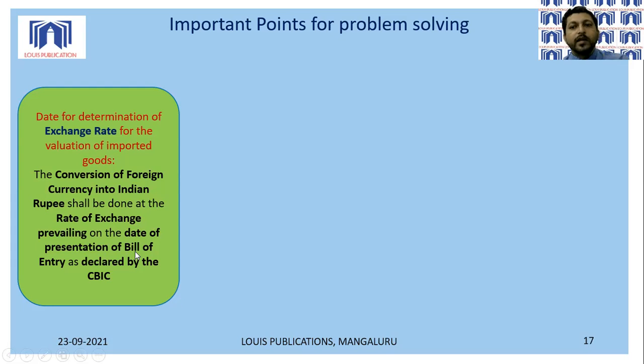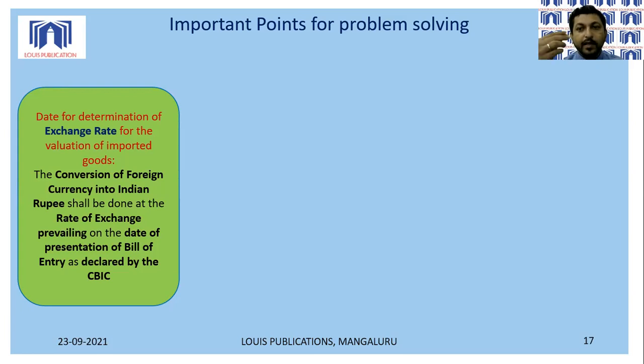So when the importer is presenting the bill of entry, you know what is bill of entry? Bill of entry is a document entitled to the imported goods. Exporter will send a bill of entry to the importer. Once the goods reach the importer's port, this document, bill of entry, will be presented by the importer to the customs authorities and get the goods released. That's why we say bill of entry is a document entitled to goods. So when the bill of entry is handed over to the customs authority and customs duty has been paid, then the importer becomes eligible to take delivery of such imported goods.